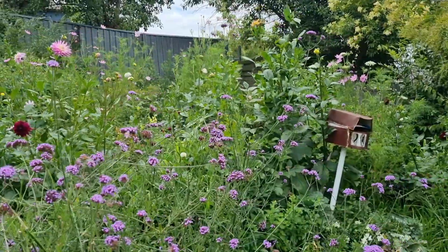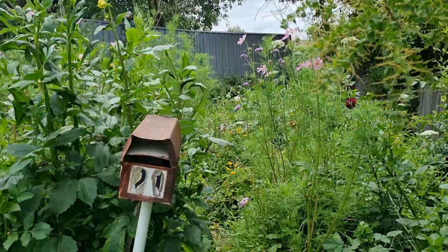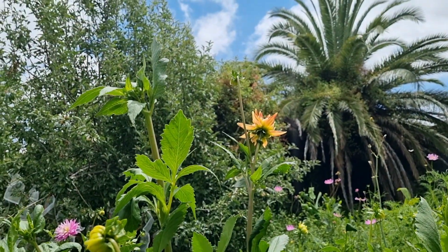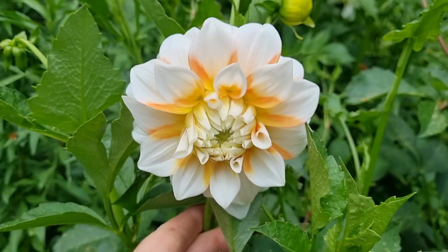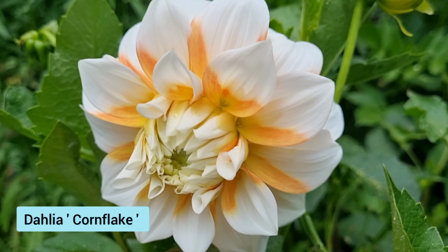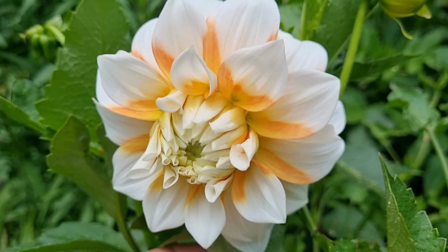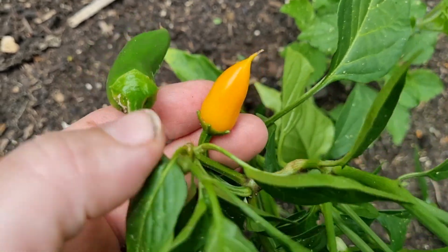Welcome to the jungle. The garden has just exploded in growth. Like, these dahlia plants are about 7 foot tall. Granted, they are growing in raised beds, but still. So many more dahlia varieties have opened up this week. This one is called Cornflake. I showed you last Friday, but I've got lots of new ones to show you, so stick around and we'll get into that soon. Let's first take a look at some of the food that I'm growing, starting off with